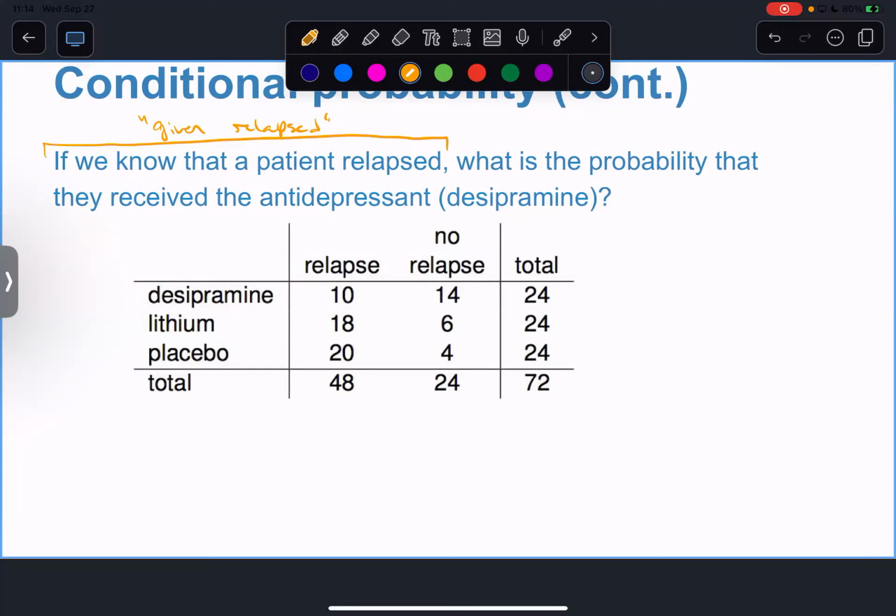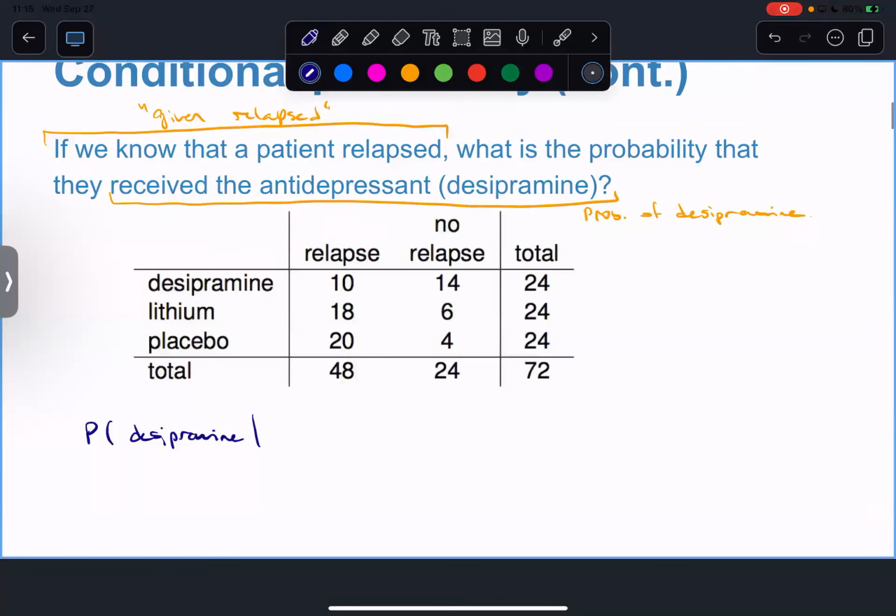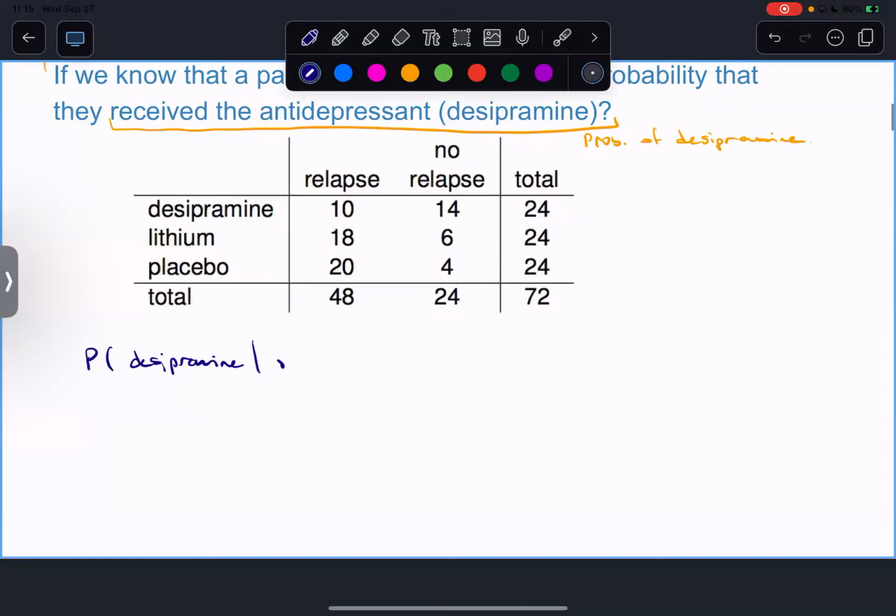What's the probability of desipramine? Translating that into probability notation, it's going to look something like the probability that they were given desipramine, given, that vertical bar is read as given, that they relapsed,